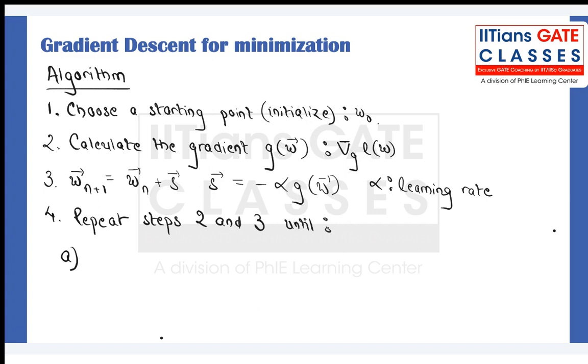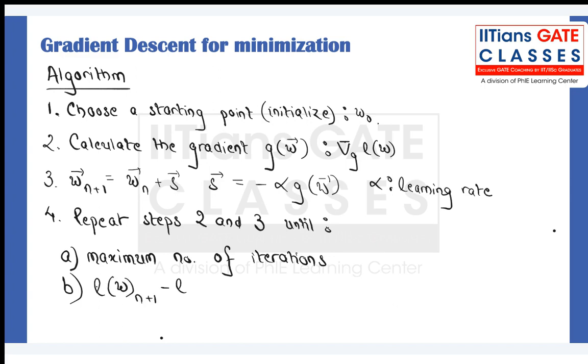One option is you can run it for a fixed number of iterations, let's say 1000 iterations. Or, if your loss function of W of n plus 1 minus the older loss function n is less than or equal to some epsilon, or tolerance limit, if it is very, very small, then you can also